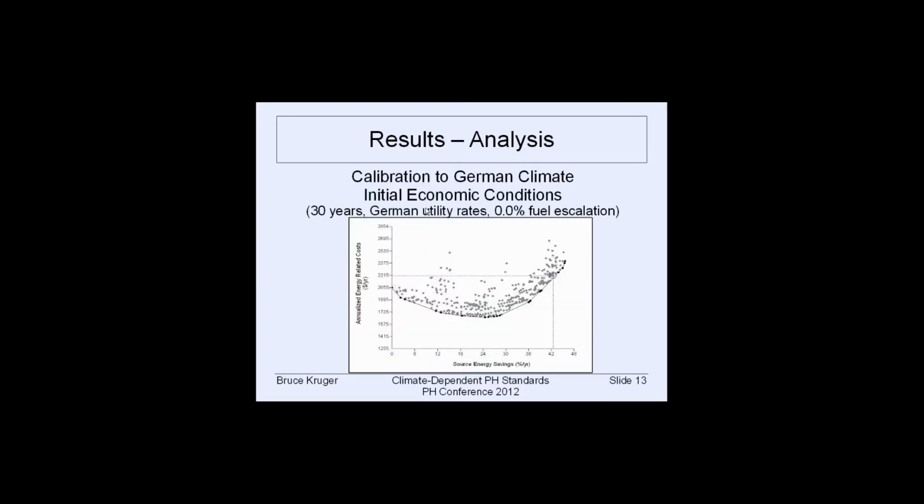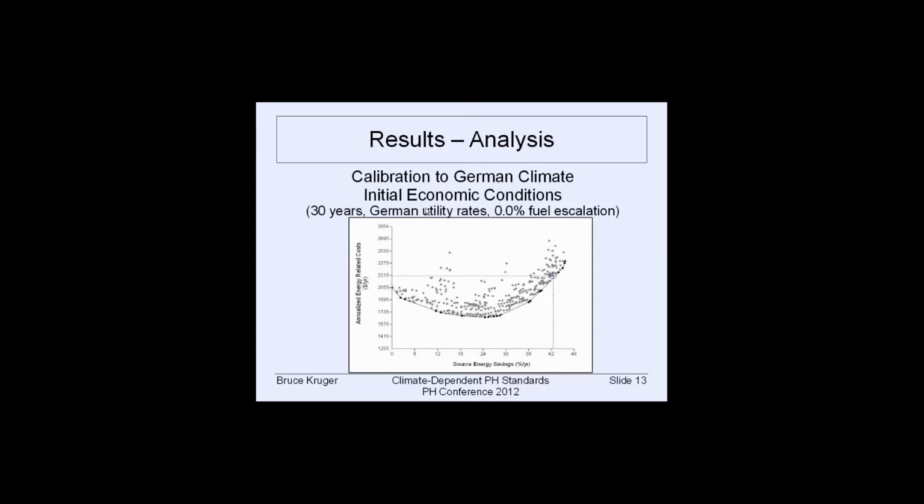So here's the graphical output from the first step of the process. And here we have another BEopt curve that's similar to the one we saw, but they all vary a little bit in their shape. Here I used a 30-year project lifetime and 0% real fuel escalation rate. And I used German utility rates,